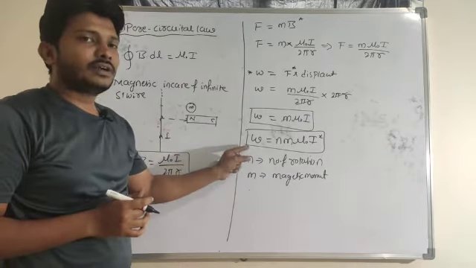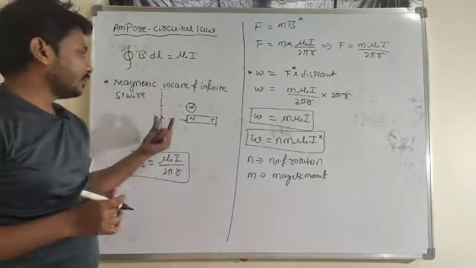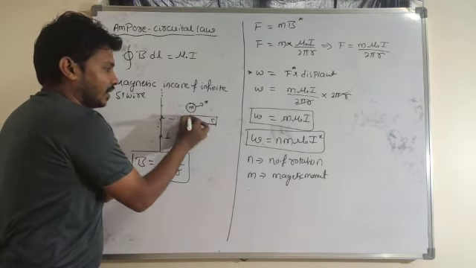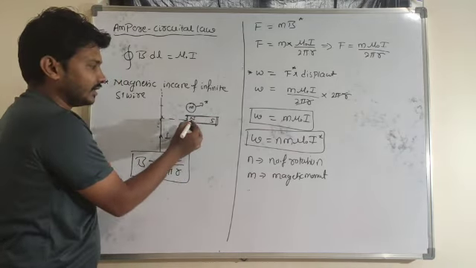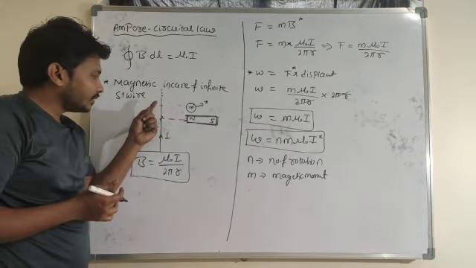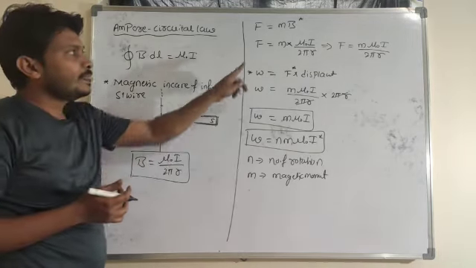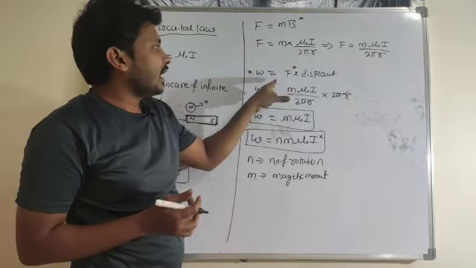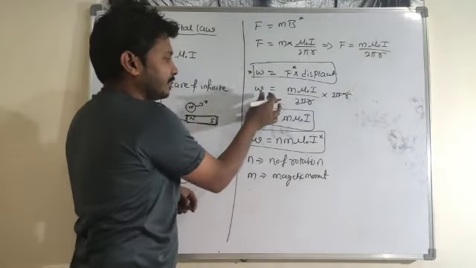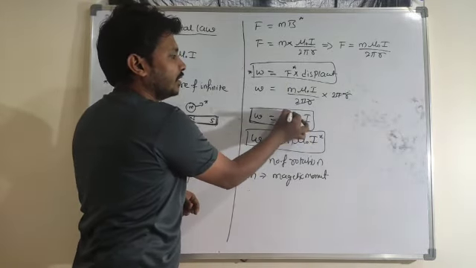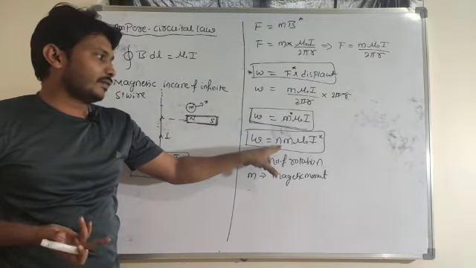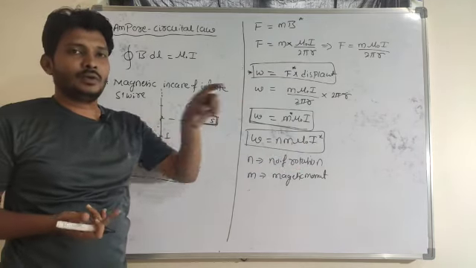In the case of work done to rotate the pole strength, I consider the pole strength value as M. There is a north pole and a south pole, since a magnetic monopole does not exist, so I consider one magnet. When the magnet is placed perpendicular to, or nearby, this infinite straight wire, the force experienced by the wire is this much, and the work done to rotate that magnet is force into displacement. Finally I get M into mu naught into I, where M represents the magnetic moment. For N rotations I consider N into M into mu naught into I.